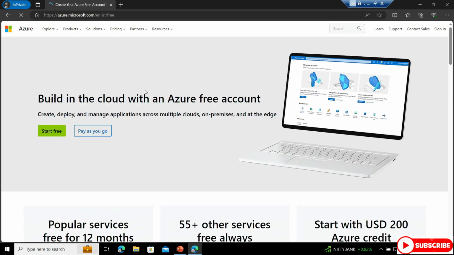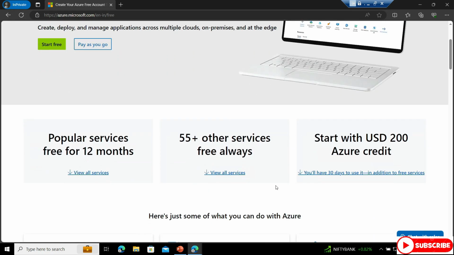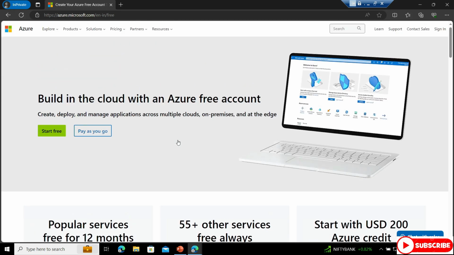Now the Azure free account gives you $200 for a month that you can utilize to create your resources, and there will be some services, I think it's 40 plus or 55 plus services, that will be free always. Obviously terms and conditions apply. What you need to do is click on this button, Start free, and for 1 month you will get $200.